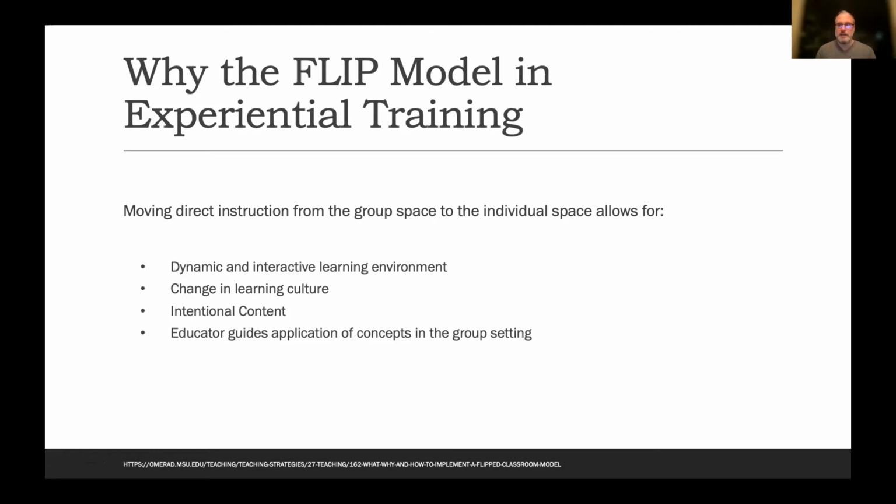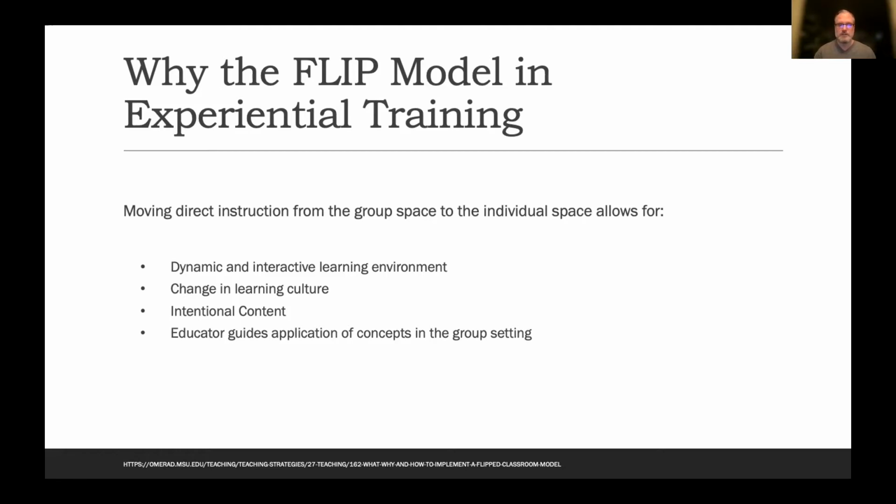This can be outside on a bench if you want to take everybody outside for some sun and such. You're able to move it around. And it also can change with regards to the level of topic that you're going to discuss. It allows for you to have the basic foundational issues set up for this FLIP discussion. And if you're talking to a PGY2 learner who's going to want more information and more nuance, is going to have a better background, it allows you to kind of mold that in real time so that then you're able to address those higher level questions. Or if you're working with a student who's new to the entire area, you can really focus more on that